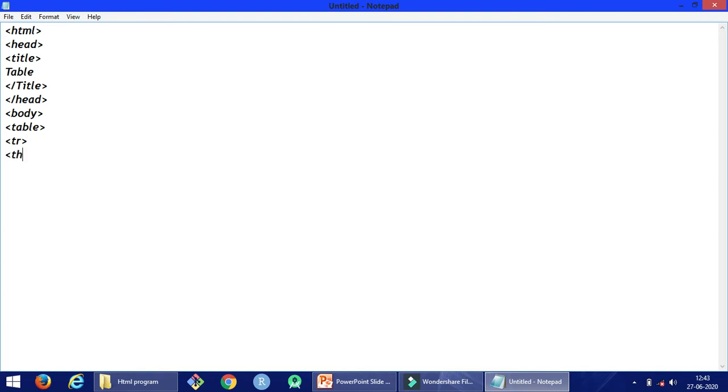Write th for heading of column and write here roll number.